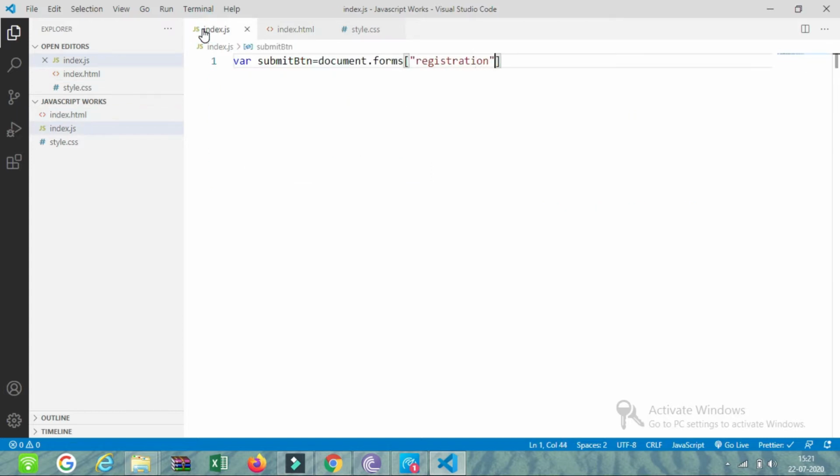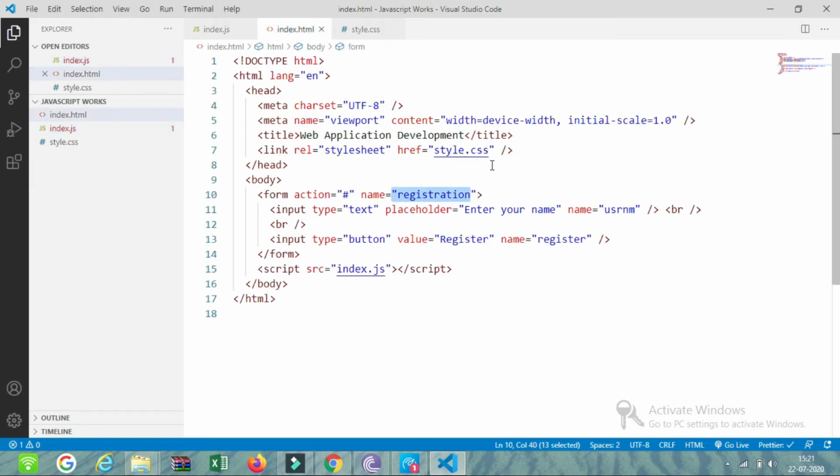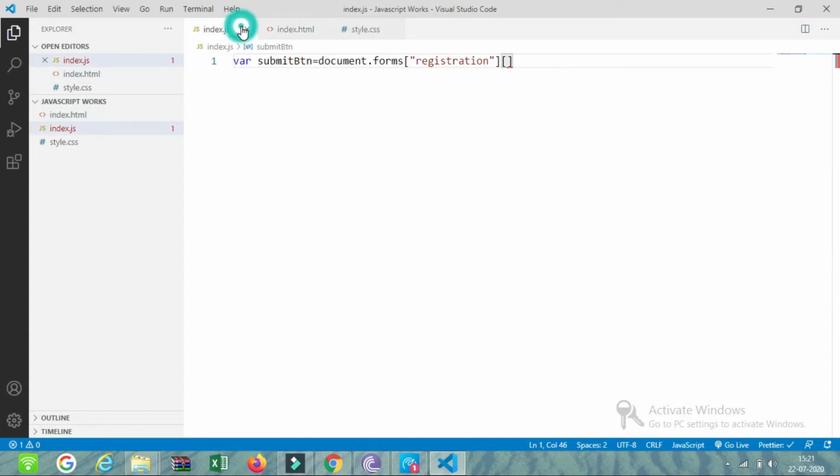Then we have to access this submit button, so we next need to give the name of the element which we need to access. The name of the element is register. So here we can type register. I will save it.